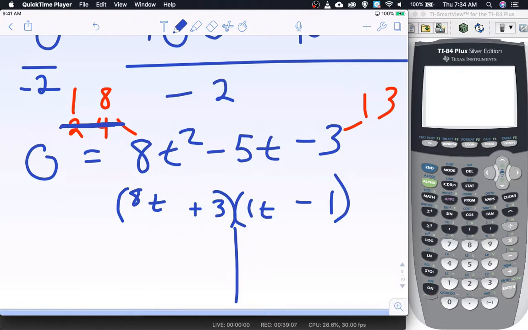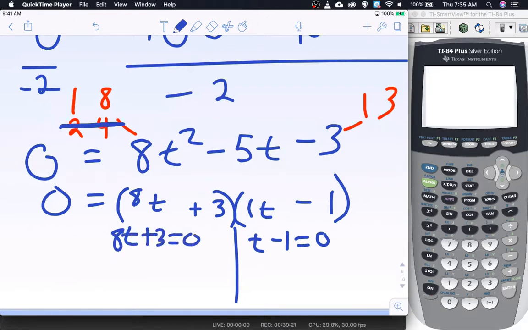And now we solve. So because this is set equal to 0, we can use the zero product property that says, well, t minus 1 equals 0, or 8t plus 3 equals 0. This right side is what I'm looking at now. If I add 1 to both sides, t equals 1. So it could hit the ground after 1 second. The other side,